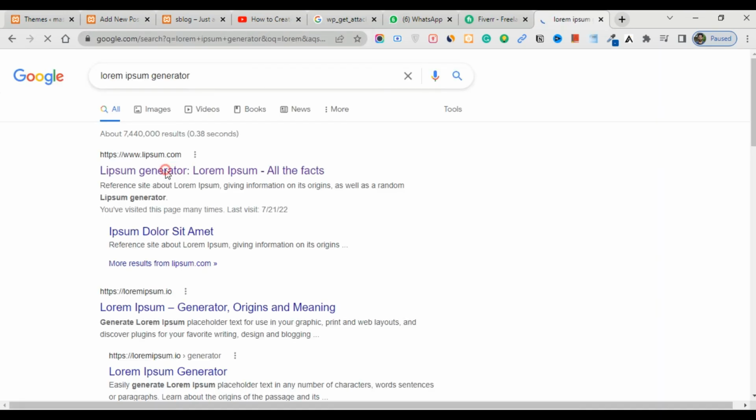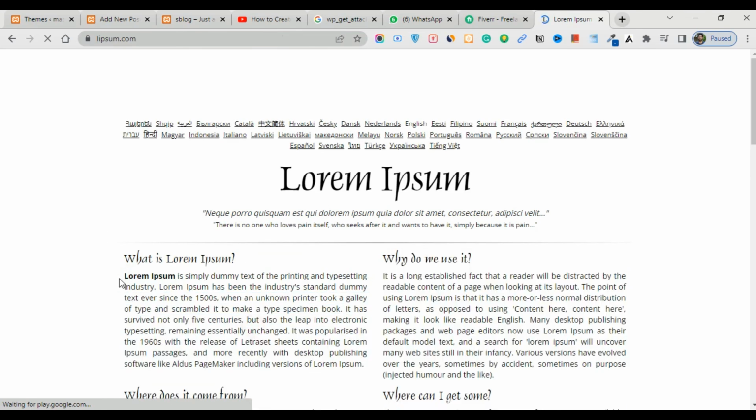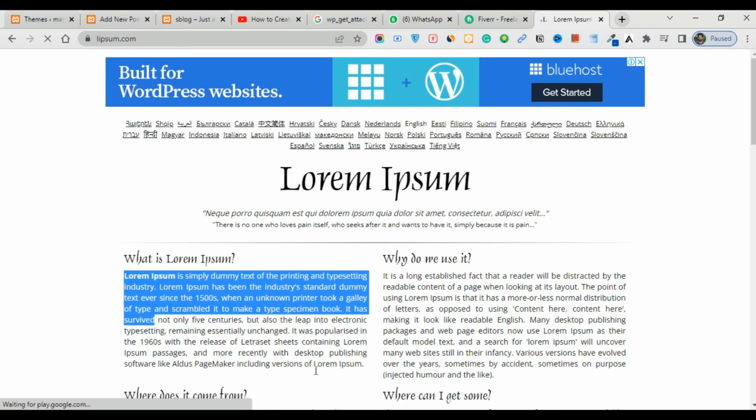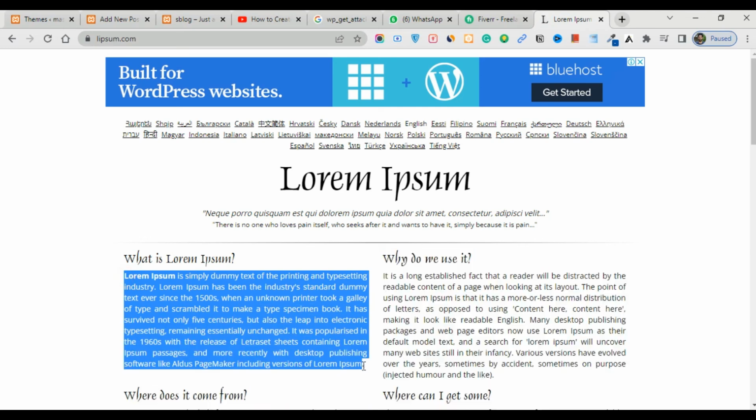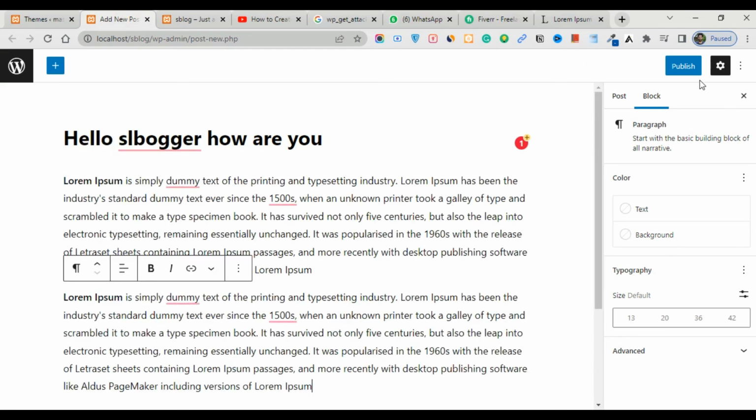After that you can generate this text. I'll just copy this text from here, which is really helpful, and you will see that a lot of developers use this website. Okay, and paste it. After that, here